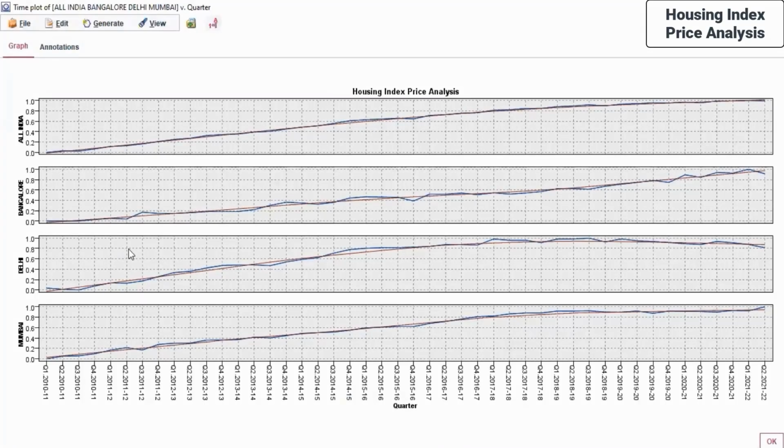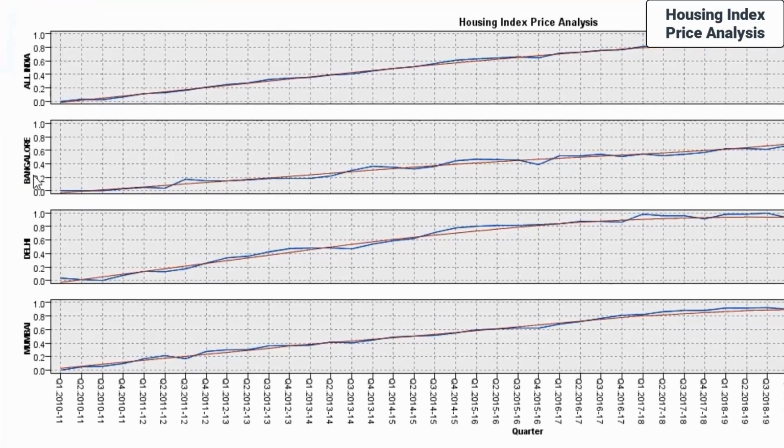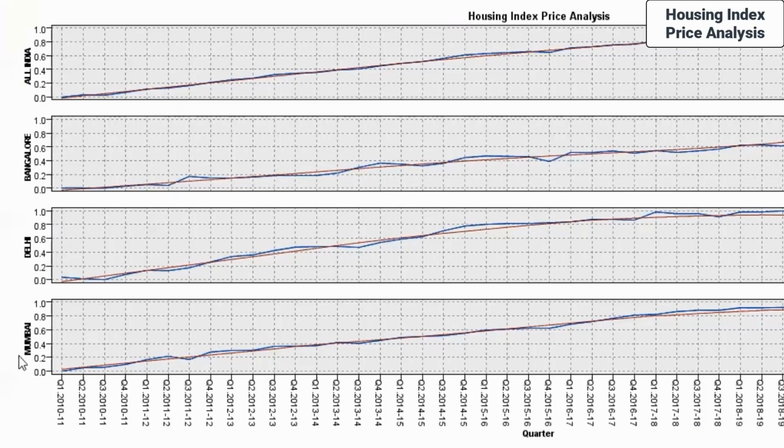So what are we seeing here? Well, we are seeing here the different index analysis as we are able to view it. That is for all India, that is for Bangalore, Delhi, and Mumbai. And you can see here that